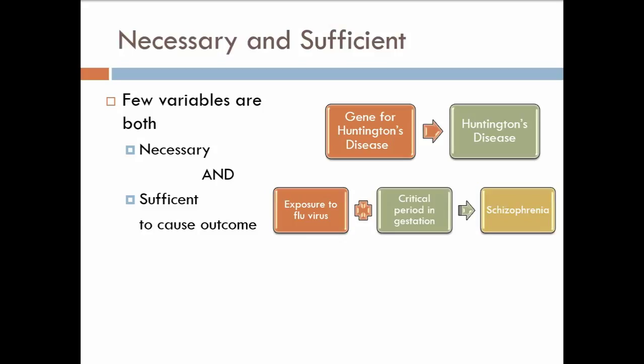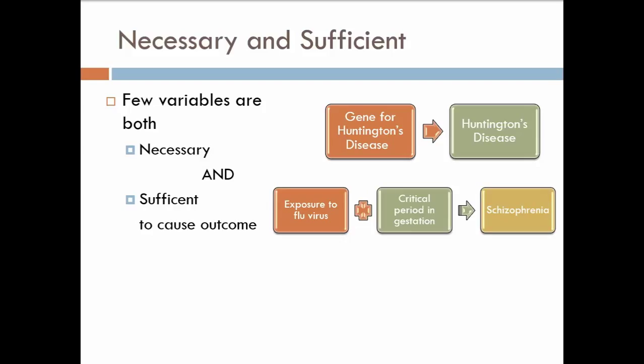There's something that's a kind of good example, which is how we get schizophrenia. We don't know how you get schizophrenia. Literally do not know. But there are some things that we're studying right now. One of them is the role of the flu virus in the development of schizophrenia. So I think I told you about this in a previous lecture.